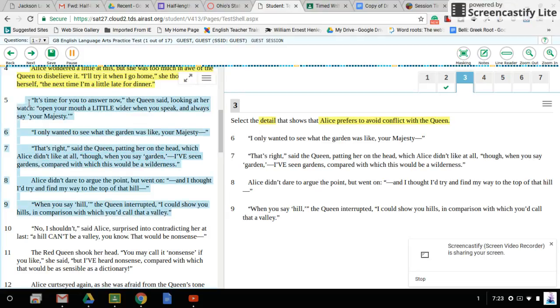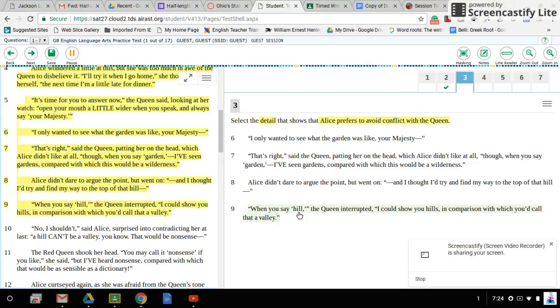So we talked about this in the earlier question. So these all kind of go together. Here they see the natural world very differently. Right? They have very different points of view as far as the way things should be and the way things are there. But she wants to avoid conflict.